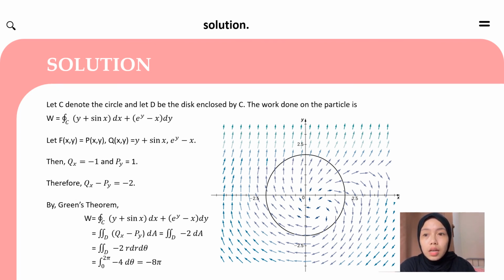Since the disk is circle shaped, dA changes to r dr d theta. So the limit of r is from 0 to 2, while theta is from 0 to 2 pi. Then we have to double integrate negative 2 r dr d theta. So the final answer